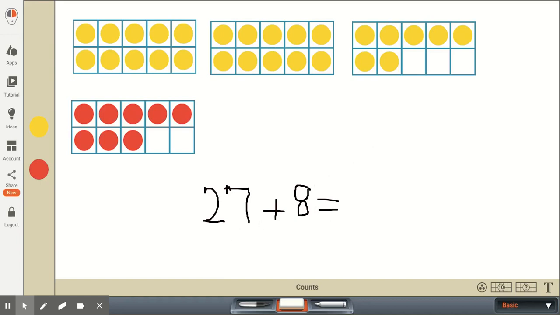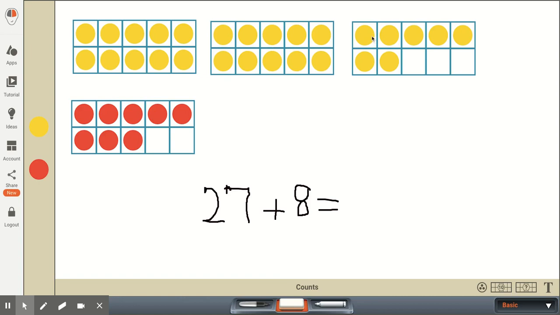So for starters, let's look at 27 plus 8. Whenever we're doing this, we're always going to add our 10s plus 10s and our 1s plus 1s. In this case, the only 10s are in 27, and then we have to add our 1s, our 8 ones here, plus the 7 ones in 27. We're going to use our 10 frame and the counters within the 10 frame to help us.